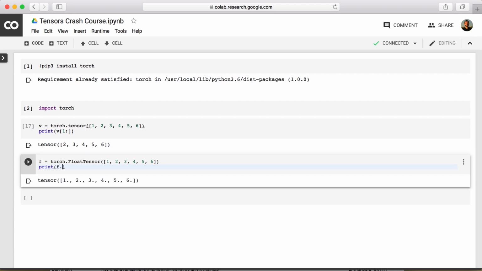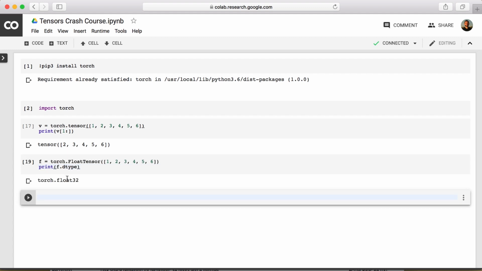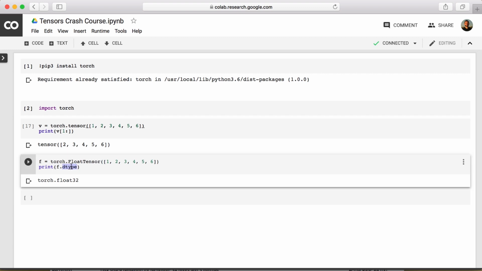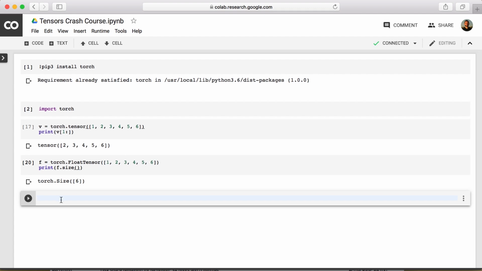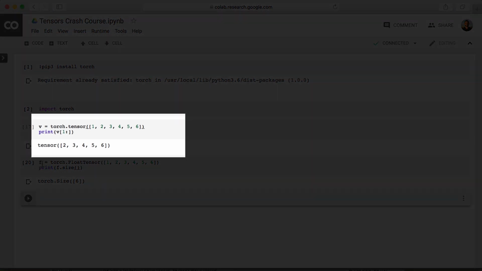If you print the data type, v.dtype, our tensor clearly contains float type elements. Very intuitive. The size of your tensor is determined by the size method. No tricks there. Clearly containing a size of 6 elements. Alright, on a new cell, our next goal will be to rearrange this tensor and have it adhere to new